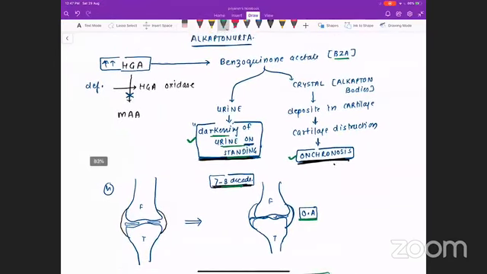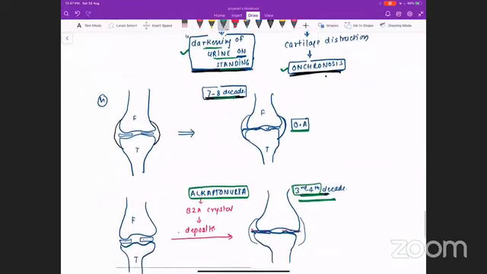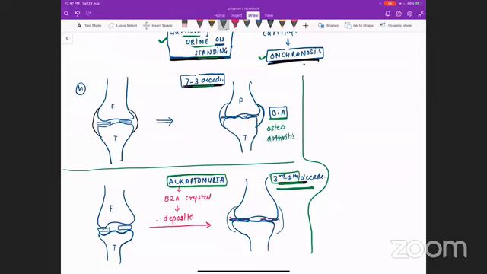So what are the features that we have learned? I am writing the theory part here. The clinical features of alkaptonuria. The first scenario that I have explained is of osteoarthritis, just for the comparison. And the second one is alkaptonuria, which is having osteoarthritis-like features in the 3rd, 4th decade of life.